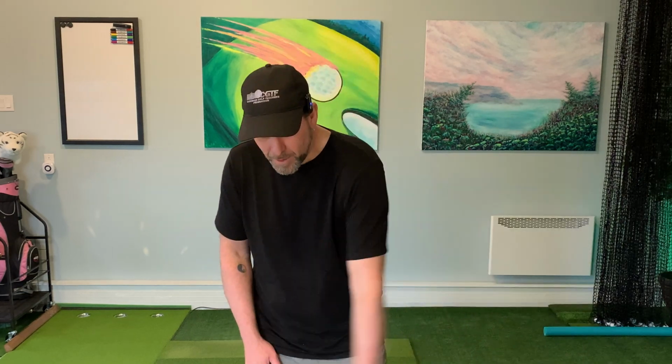Now folks, there are lots of different reasons of why we might be leaving the club face open at impact, and our swings are unique. Those 10 are the most common that I see when I'm working with people here in the studio. So I hope you can identify with one of those items and use that fix or that feeling to help fix it, start striking the ball more pure and having more